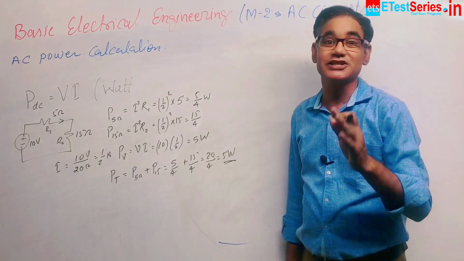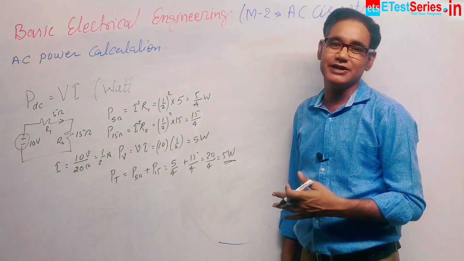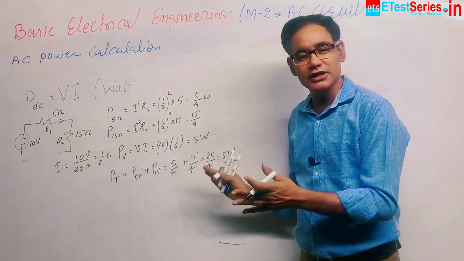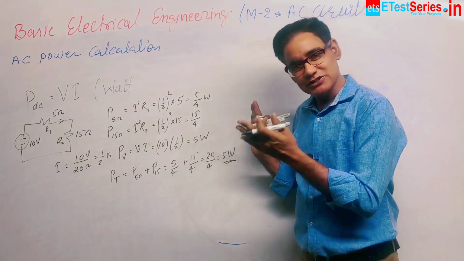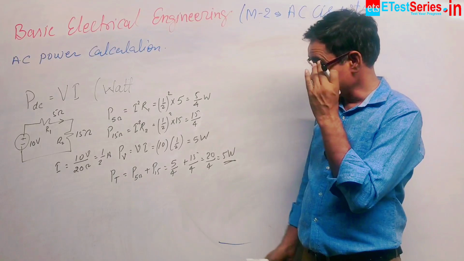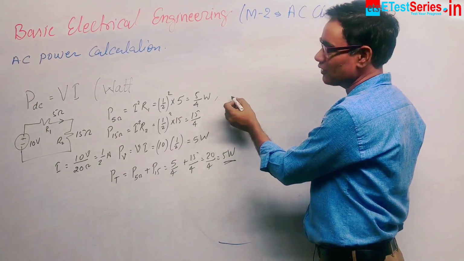It is also known as Tellegen's theorem. This theorem is studied at second or third year level, not at the basic first year level. So we are not discussing this theorem, but you know here the power supplied by the source is equal to the power consumed by the resistances. Otherwise, this power can be calculated another way.